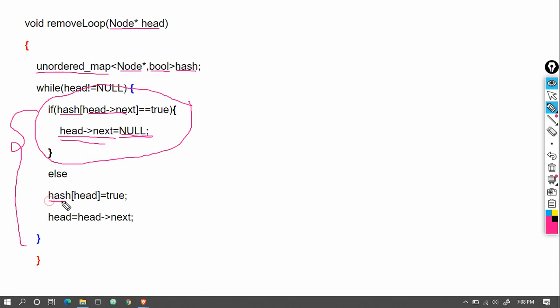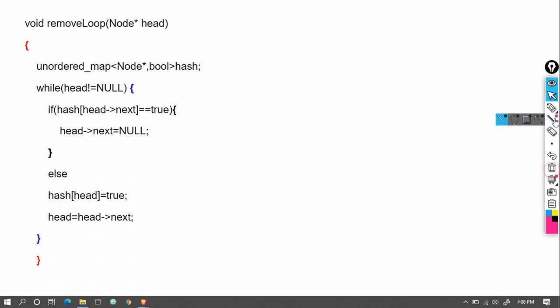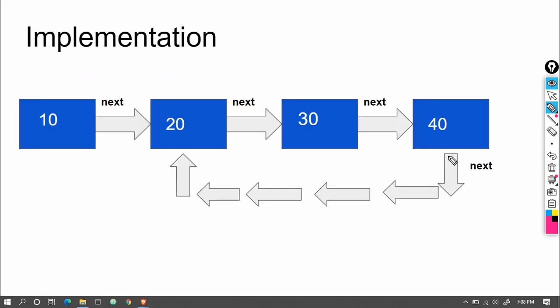So hash of the head will be set to true, and then the next step, head is equal to head to next. I hope it's somewhat clear to all of you, and when we implement it, it will be clearer. So let's see the implementation of this.